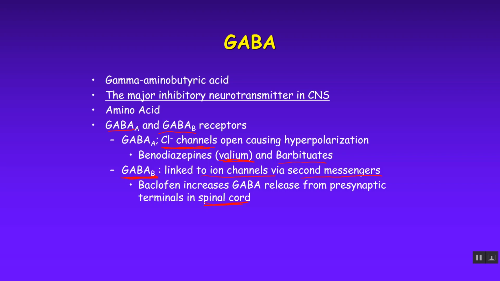It also causes inhibition, but it doesn't affect your brain as much. So the nice thing about baclofen is you can give it to somebody, you downregulate, you inhibit the spinal cord so that maybe they have less spasticity or tone, but they don't have quite the fatigue or the mental impairment that you would if you were binding to GABA A receptors. Okay, so that's why they built this molecule called baclofen that's specific to GABA B receptors, so it would cause less drowsiness and so forth than something that